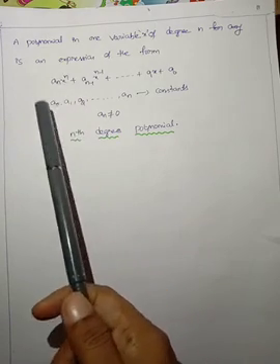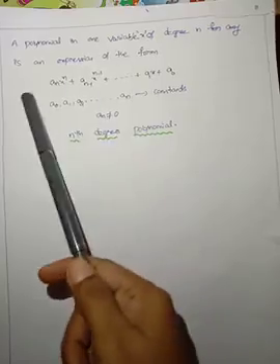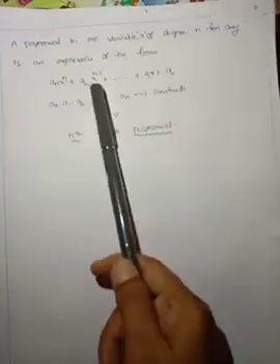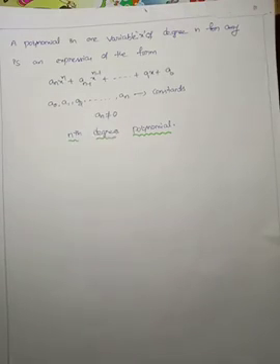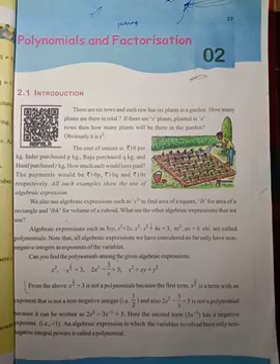How can we say that this is an nth degree polynomial? If that polynomial has the highest degree n, then only we say that this is the nth degree polynomial. So the coefficient of x^n is always not equal to 0. So the nth degree polynomial is a_n x^n plus a_(n-1) x^(n-1) plus and so on, plus a_1 x plus a_0.